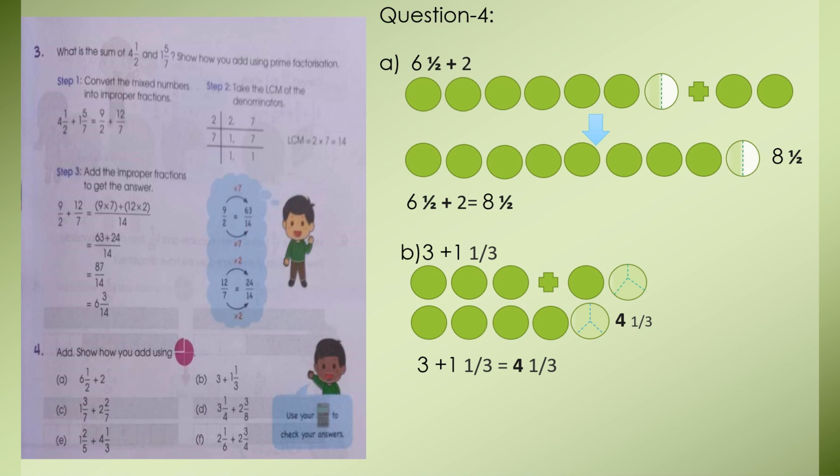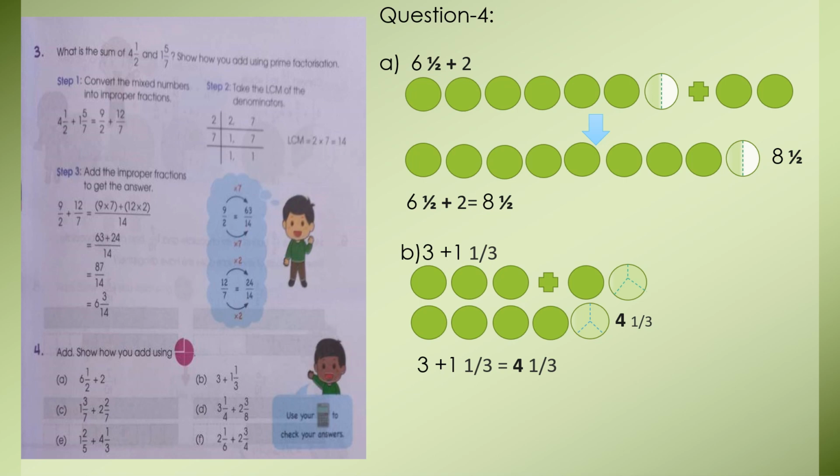Similarly, for 1 whole number 5 over 7, we have 7 into 1 is 7 plus 5 is equal to 12 over 7. Now in the next step, we are going to take the LCM of the denominators, which are 2 and 7, and as a result we have 14. So in order to complete the process, we are going to solve it further, and 14 comes in the denominator,